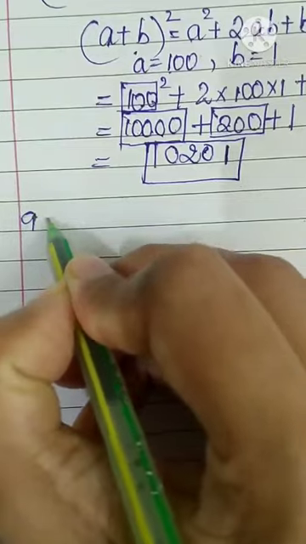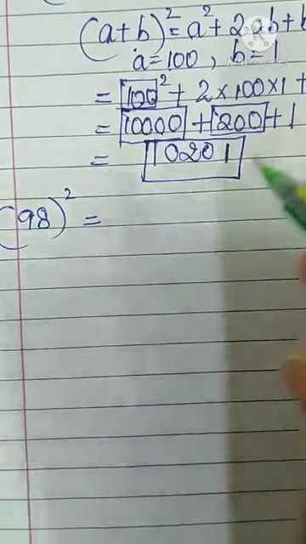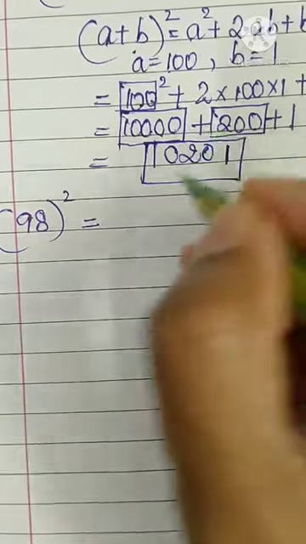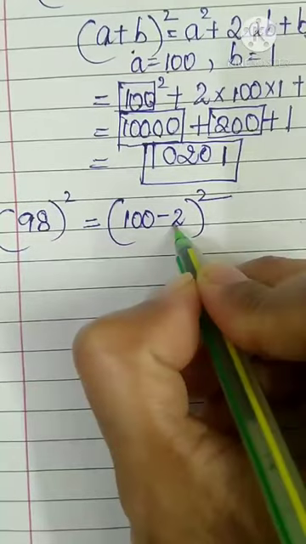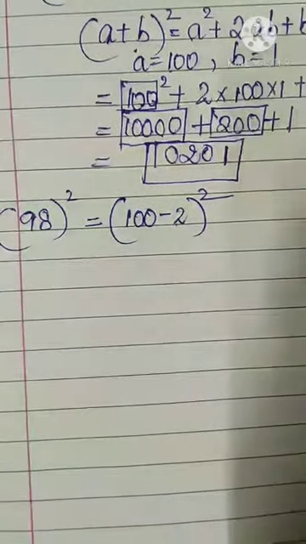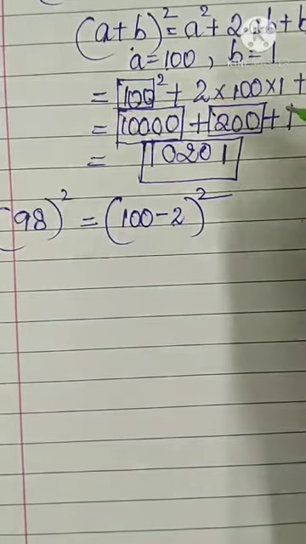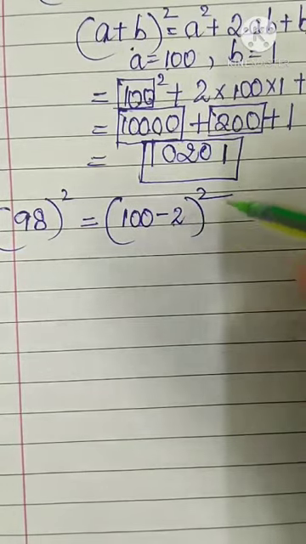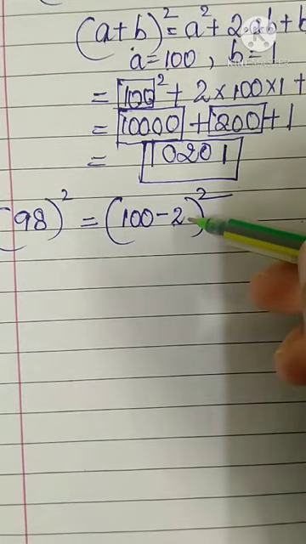So next sum you have 98 the whole square. This can be written as 90 plus 8 the whole square. That way also you can solve. But 8 table, and if I write it as 100 minus 2 the whole square, 2's table is very easy compared to 8's table. Anyway, you can write, but we want to make our work easy. So instead of writing 90 plus 8, what will be better if I write 100 minus 2? 100 minus 2 is 98 and 100 is an easy number. 2 is also an easy number.